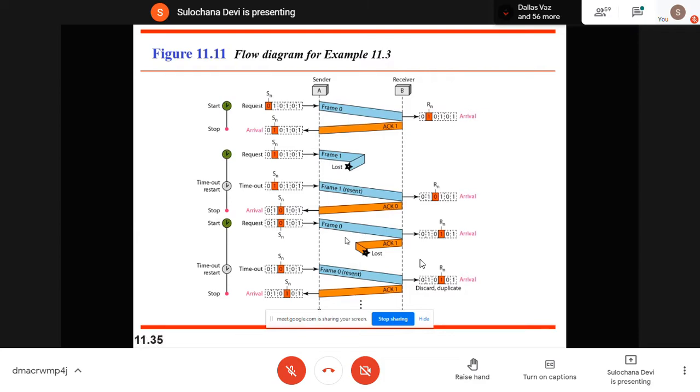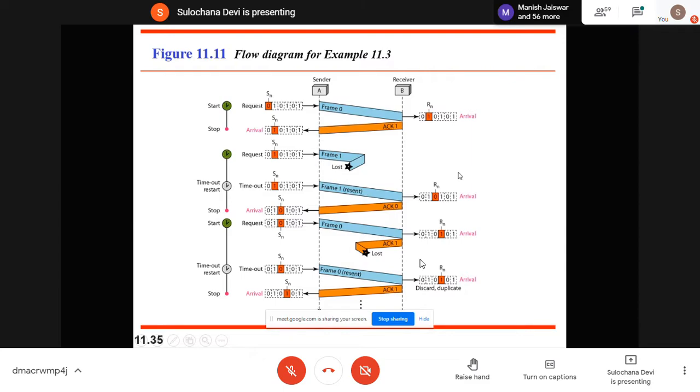Whether stop and wait, go back N or selective repeat is asked, 99% it is from go back N and selective repeat. One thing is asked, either a comparison, or explain any one, or which one is better. Sometimes a scenario is given, like your frame number 1 was lost, the acknowledgement was lost, draw the sequence diagram, draw the flow diagram for this scenario. Then you have to understand that statement and draw this type of scenario. So is this clear? We can proceed.